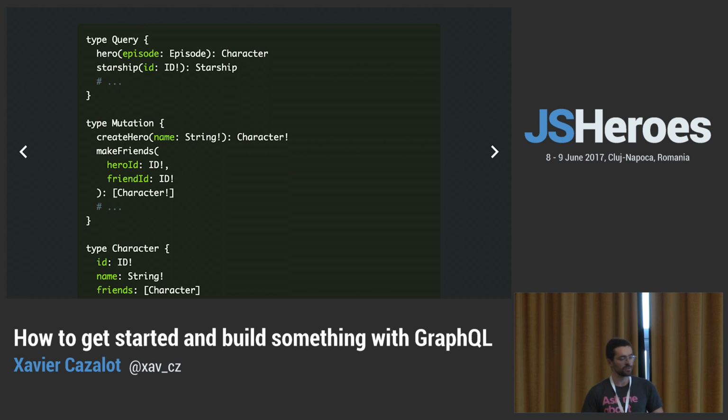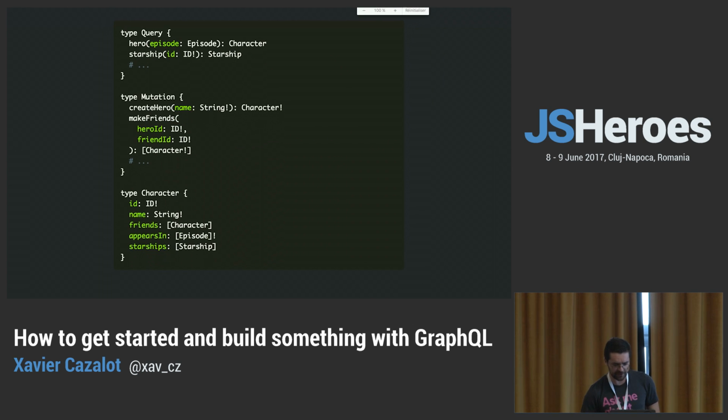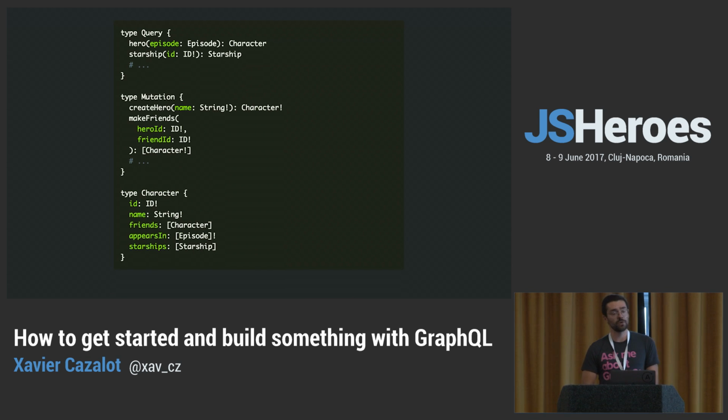where we say, okay, I want this query. It looks like this. I want some types, so maybe I'll just zoom out a little. And so we get all this stuff, and for instance, we see that our query hero here returns a type character. And this type character, I just build it by saying, okay, it's a mix of scalar types, like ID or string, and some other types. So basically in GraphQL, you make queries and mutations. A query could be compared to a GET request, or a read operation in CRUD. And mutations are like create, update, or delete.